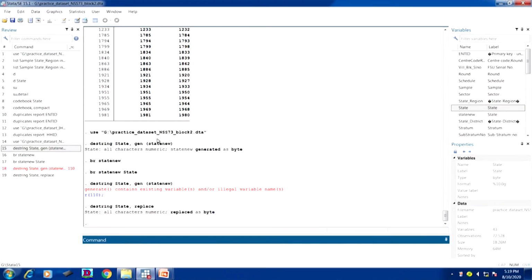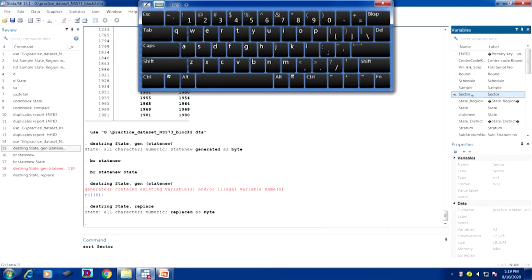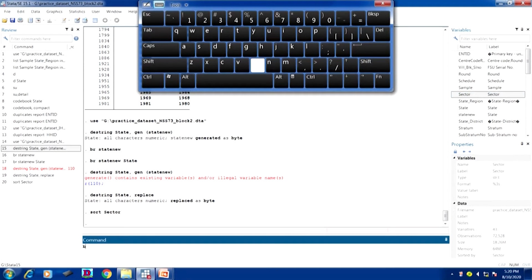So, the command for it is sort, okay, sort then the variable name, likewise this, sort then variable name, let the variable name be sector. Okay. Then how it looks. Now, look at what I do, browse then sector.